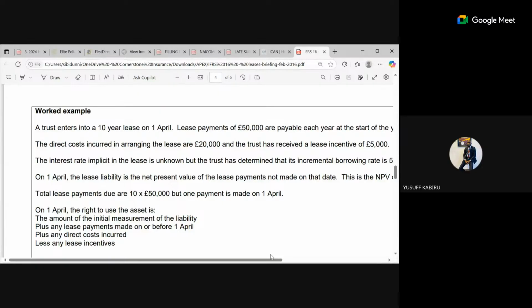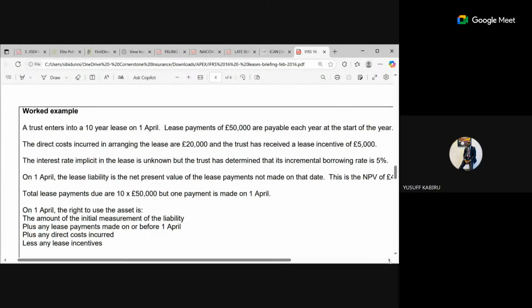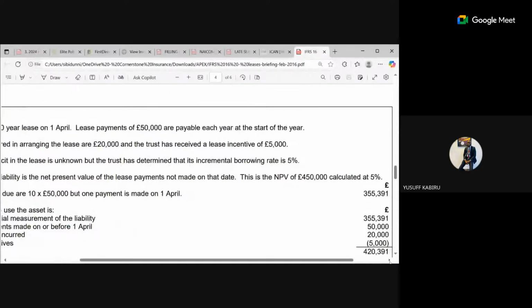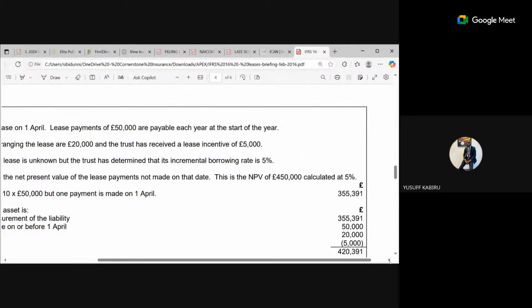So this will affect how we construct our table. I forgot what type of table we call it. So on 1 April, the right to use the asset is our asset too. The amount of the initial measurement of the liability. So when they multiply